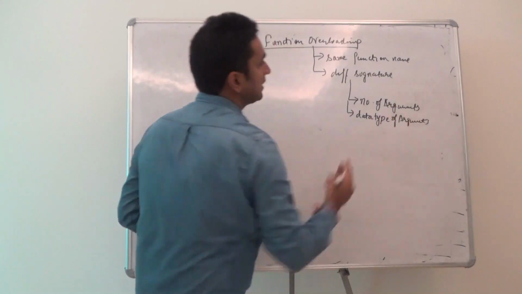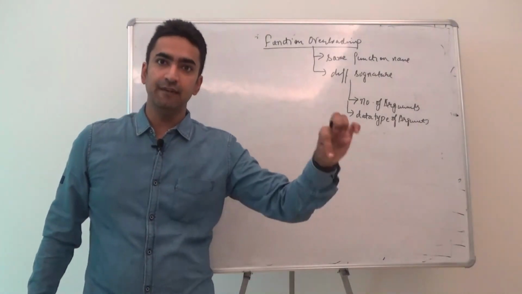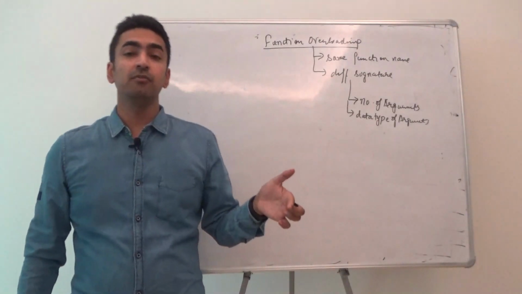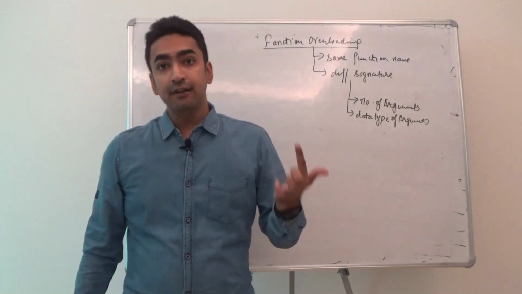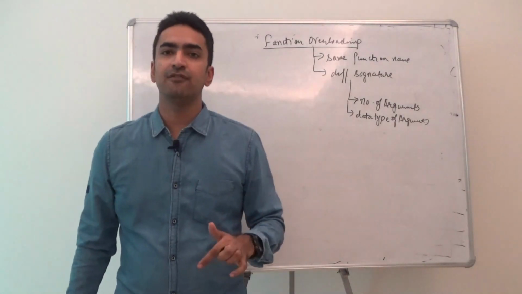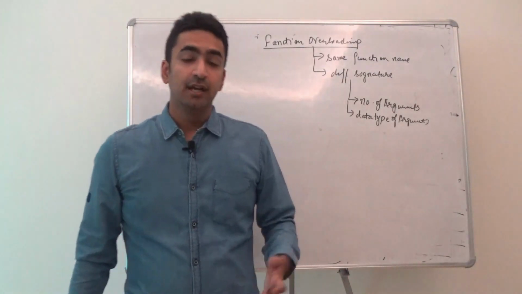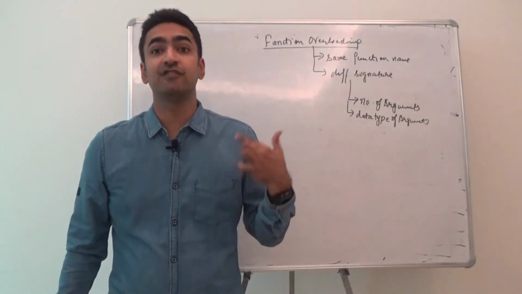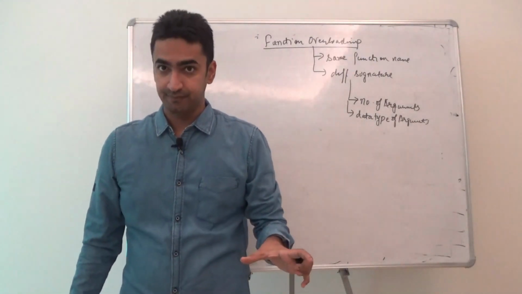So it means the function name that we will use would be the same. Inside it, if the number of arguments are different, function overloading is possible. If the number of arguments are the same, then you have to check the data type of the arguments. If it is different, then function overloading is possible. Now you have to use this concept and we can achieve many answers with it. Let's say if I have to take the area of circle, area of rectangle, area of square, many things you have seen on the internet.